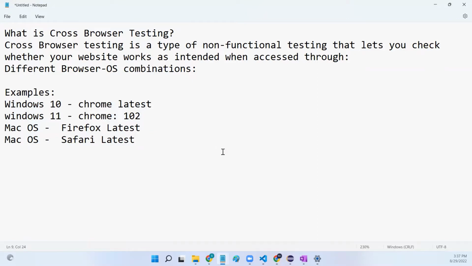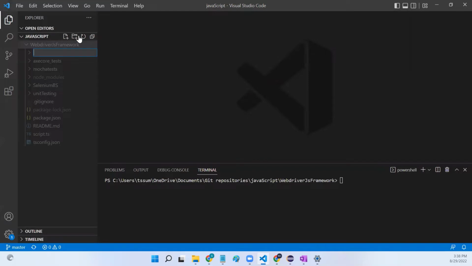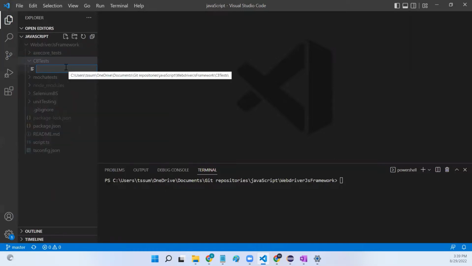Now let's go back to our VS Code and start writing our scripts. And once the scripts are developed, we will run those scripts on multiple browser and OS combinations. Now let's create a new folder in the project and name it CB test, cross browser test. And let me add a JS file,